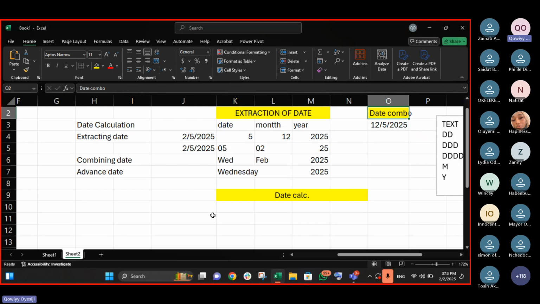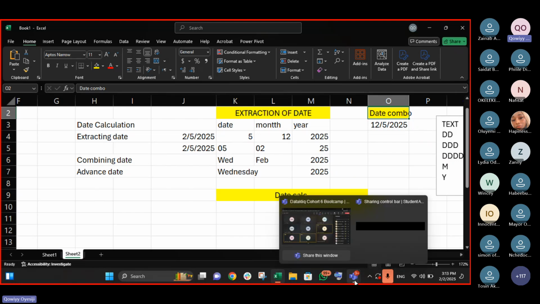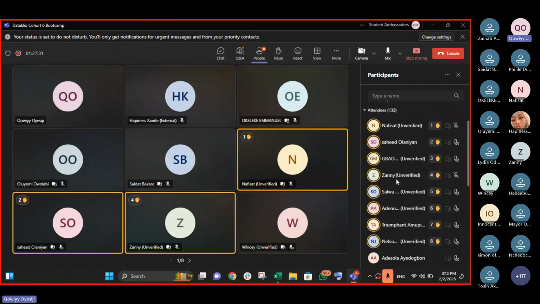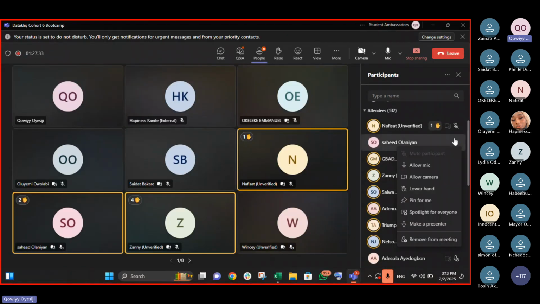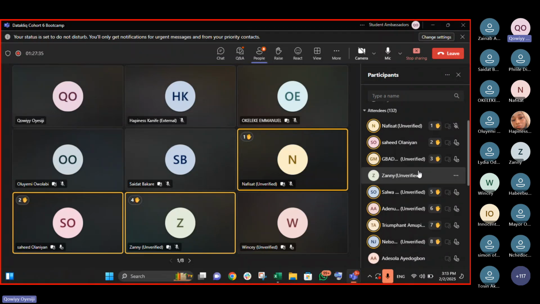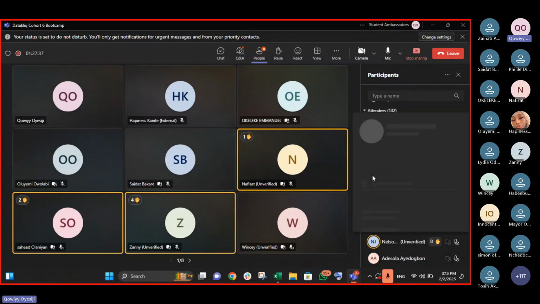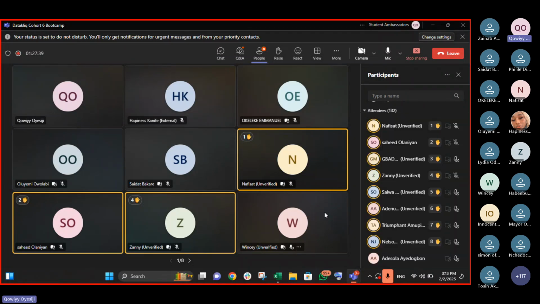Well, let me see who has access to the microphone. Let me use someone else this time around. I've been using Fimi. Sadolania, now you're going to be my business partner. You want to enter into a business. Sadolania, you have access to the microphone. Are you there? Or should I continue using this? Okay, Zani, are you there?